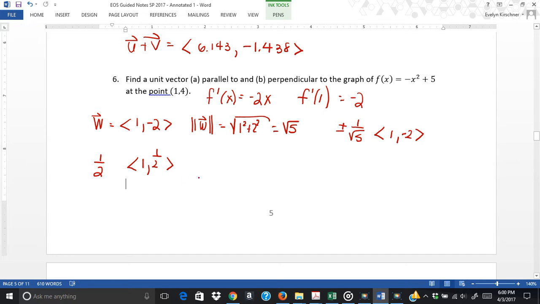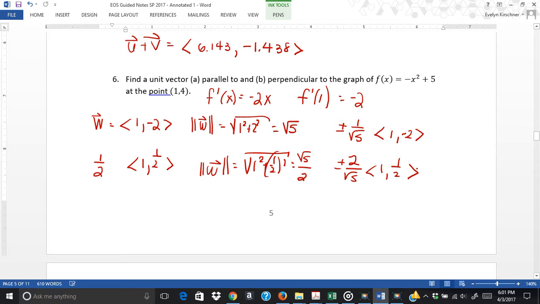And my magnitude of that is the square root of 1 squared plus 1/2 squared, which is radical 5 over 2. And so that tells me, because remember I take 1 over the magnitude, so 1 over the magnitude is 2 over radical 5, plus or minus, and it's times that vector (1, 1/2). So those are my 2 unit vectors